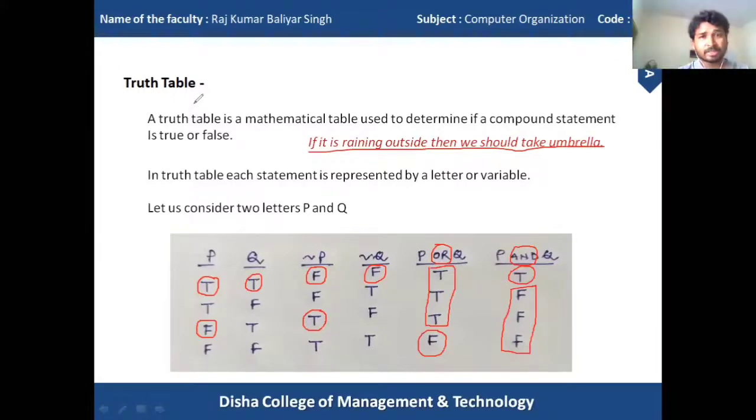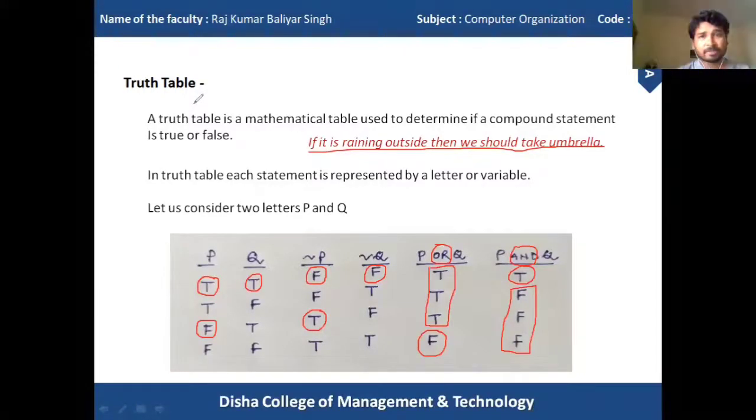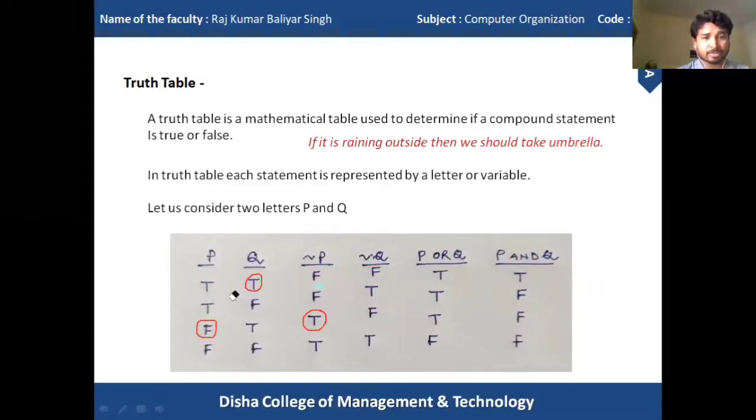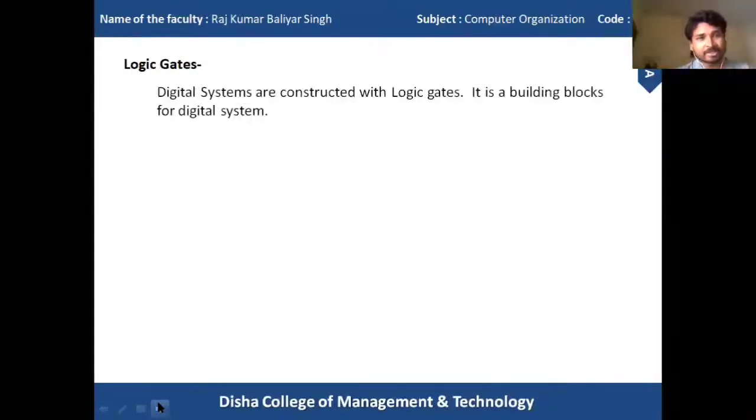So next we will look at logic gates, and from logic gates we can easily find the relation of truth table with the logic gates. So what are logic gates? In all digital systems, and we are working with a computer, and we know that a computer deals with digital values, and inside the computer all devices and all circuits are digital circuits. So whatever digital systems we have, that digital system is constructed with logic gates, or we can say that logic gates are the building block.